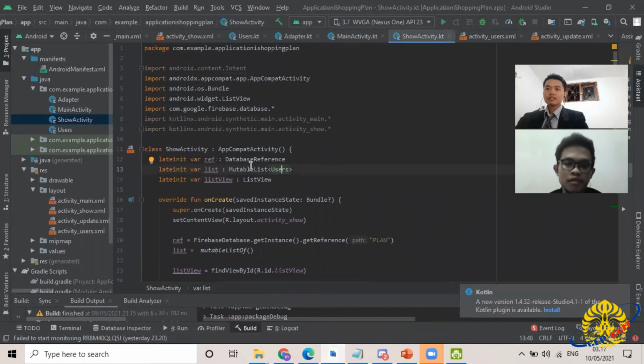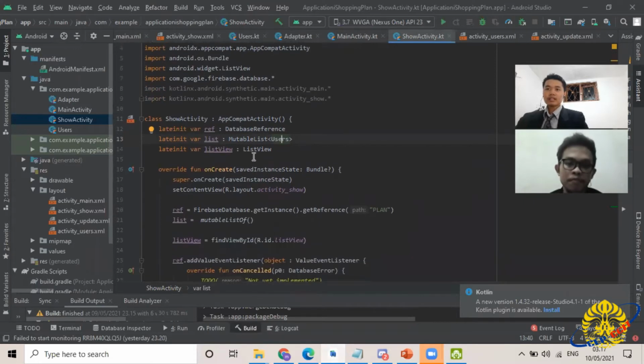We create database reference, and then we create mutable list, and then we create list view.